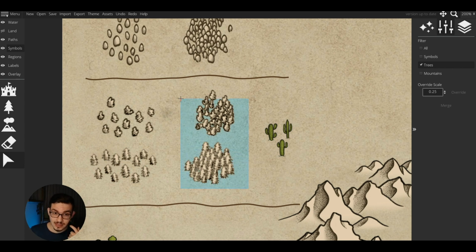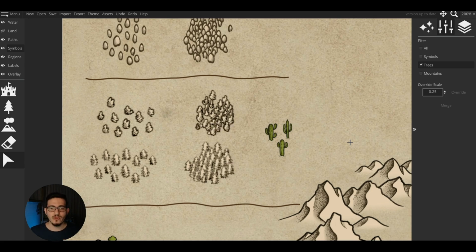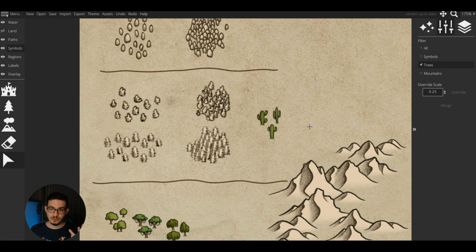Yes, in terms of realism this is not really 100% correct, but it really gets the job done. And especially if you also decide to add a little bit more detail by mixing these two together. If you have some forest and it starts with one type and ends with another type, you can even increase the variety. But basically you have three types of trees: for warm, for cold, and for deserts. And the same thing applies here. You can place them with gaps in between the trees, or you can have less space in between them.